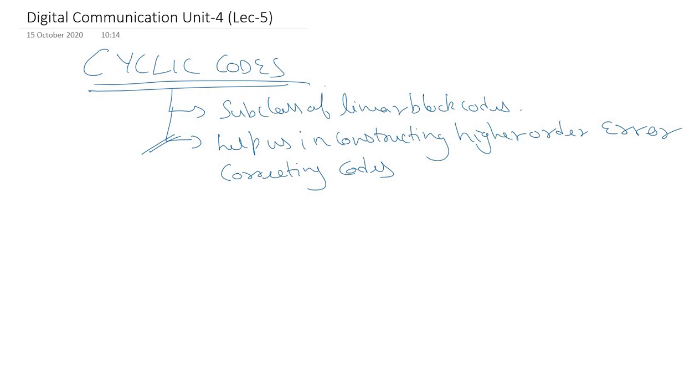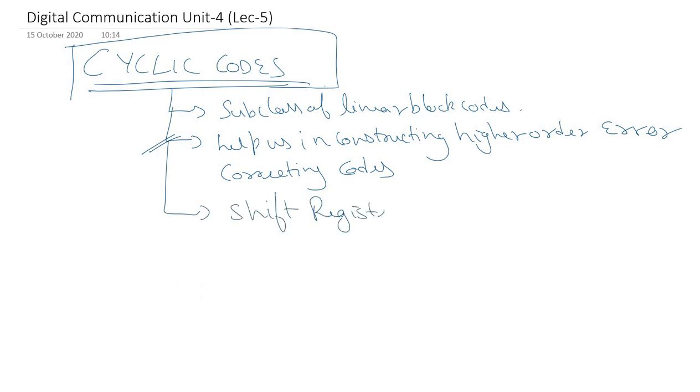So these cyclic codes satisfy a very nice mathematical structure that permits the design of higher order error correcting codes. The mathematics involved in cyclic codes is such that it is relatively easier to correct more number of errors. Secondly, for cyclic codes, encoding and the syndrome calculations can be easily implemented using shift registers, to implement the mathematical part of the encoding and the decoding.